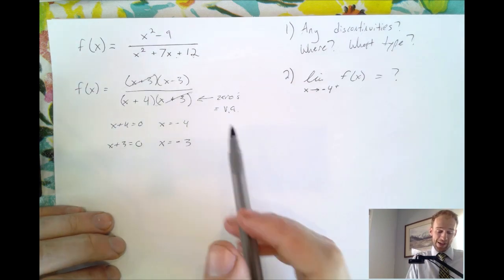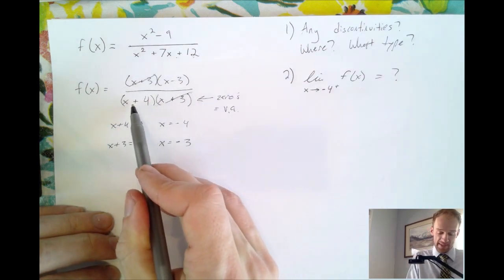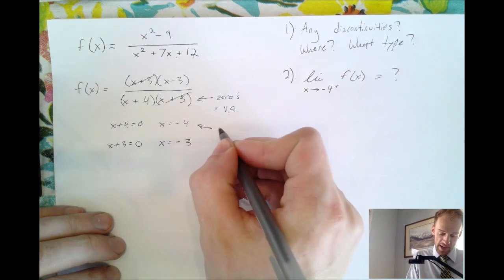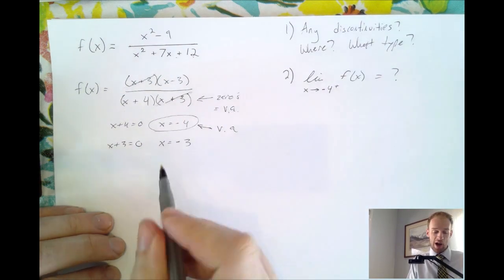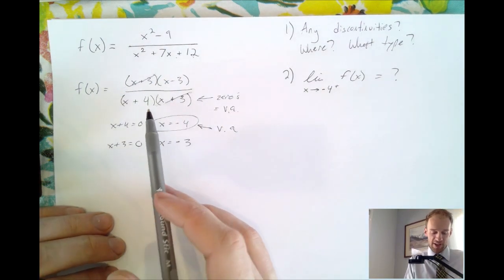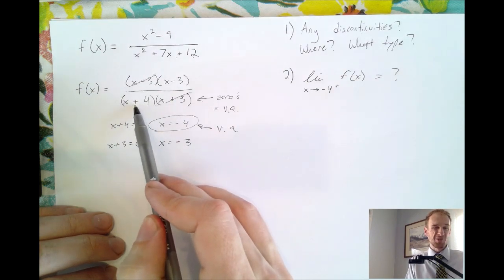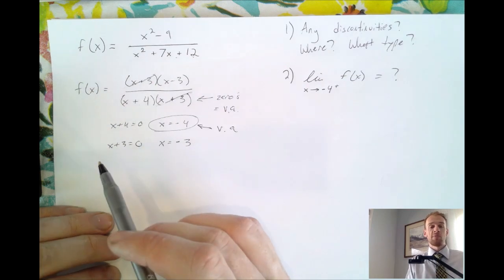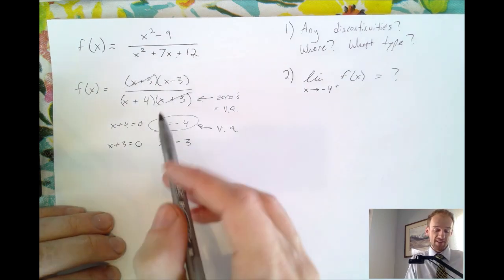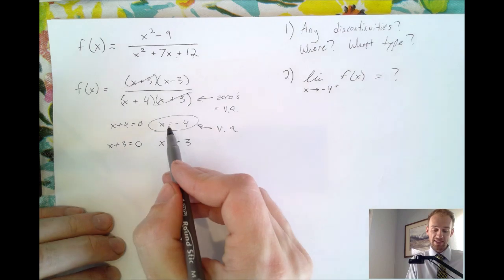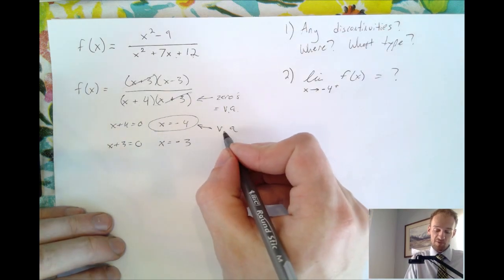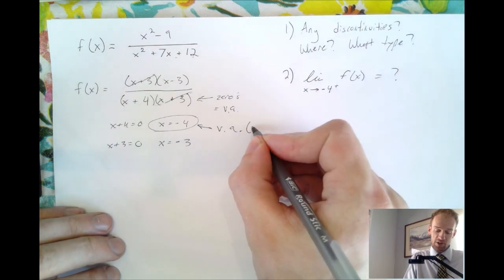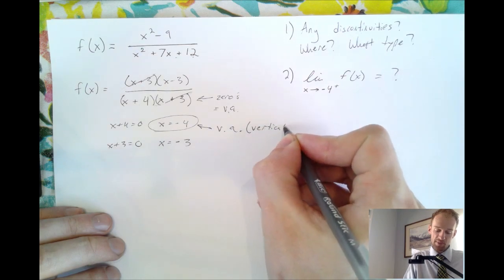Now, this is a vertical asymptote right here, -4. How do I know that? Because it's a factor of my denominator, it's a 0 of my denominator that is not also a 0 of my numerator. It didn't cancel with anything in the numerator. So I know that at x equals -4, there's going to be a vertical asymptote. Why don't I just write that whole thing? Vertical asymptote,